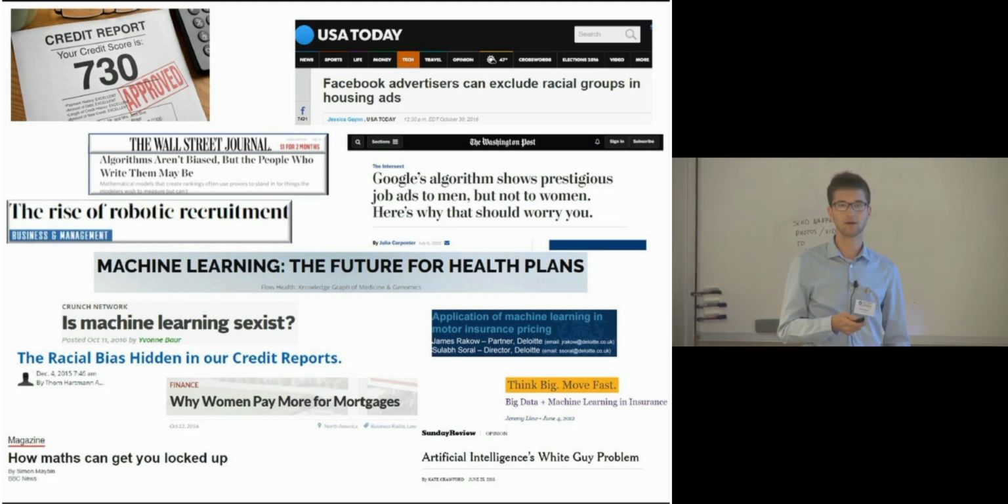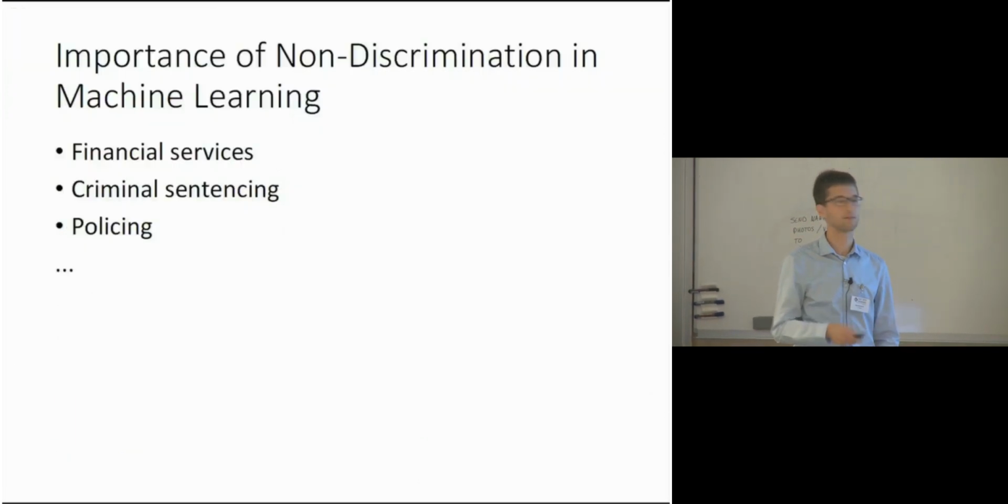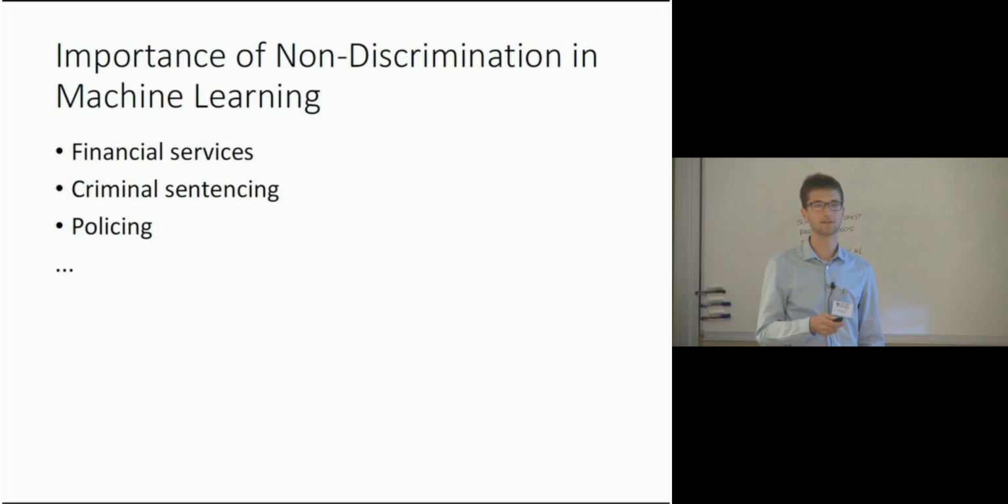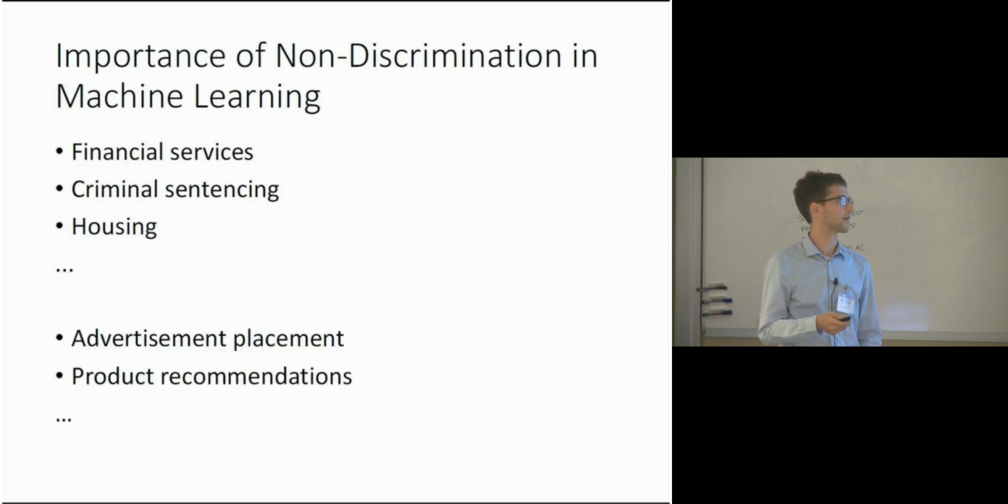And as machine learning becomes more and more commonplace, there have been numerous instances in which machine learning models are, or at least have the appearance of being, discriminatory against certain groups of people on the basis of factors such as gender or race. And in some areas, such as criminal sentencing or housing, there are abundant moral and legal reasons why we can't tolerate this sort of discrimination. And even in other areas where maybe the stakes seem less high, there are still good reasons why we should